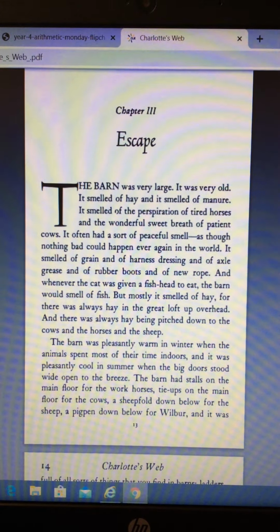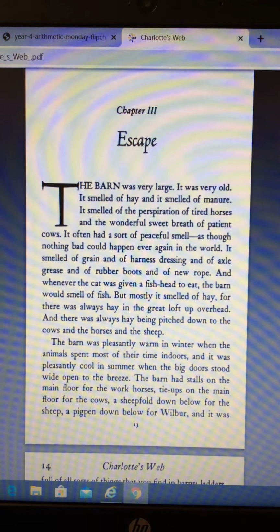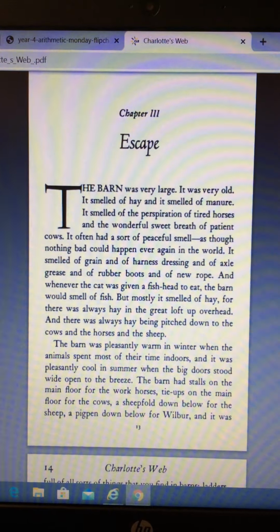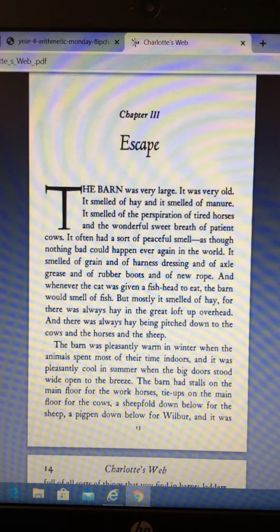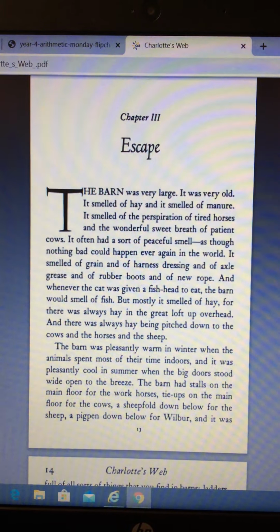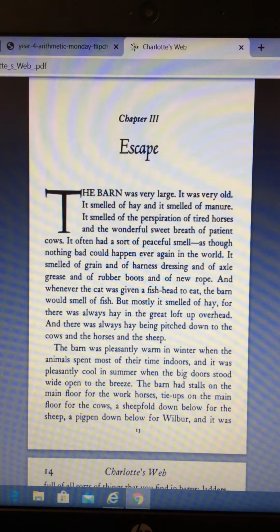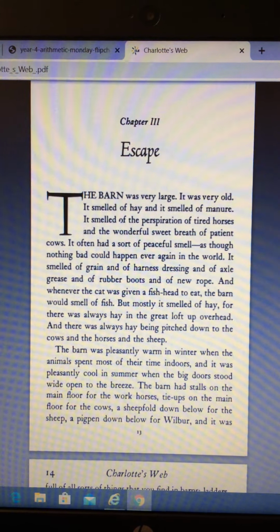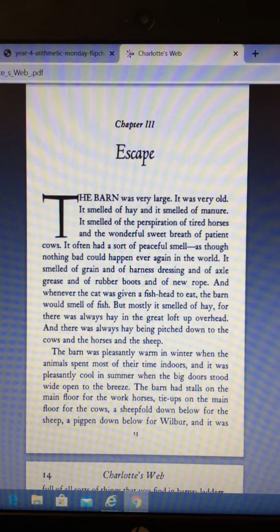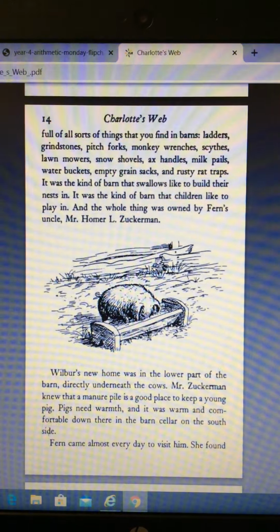But mostly it smelled of hay, for there was always hay in the great loft up overhead, and there was always hay being pitched down to the cows and the horses and the sheep. The barn was pleasantly warm in winter when the animals spent most of their time indoors, and it was pleasantly cool in the summer when the big doors stood up wide to the breeze. The barn had stalls on the main floor for the work horses, tie-ups on the main floor for the cows, a sheepfold down below for the sheep, a pig pen down below for Wilbur, and it was full of all